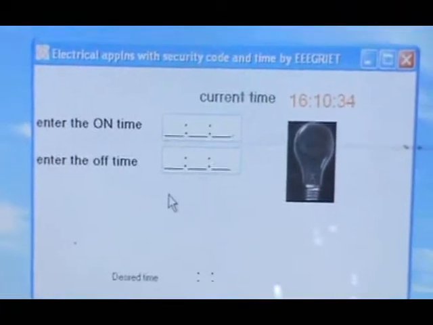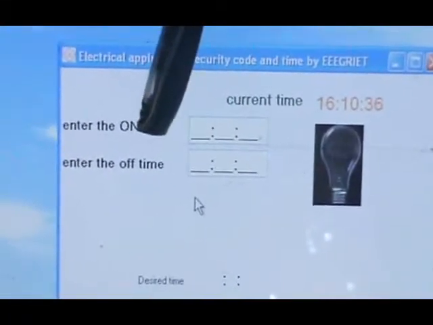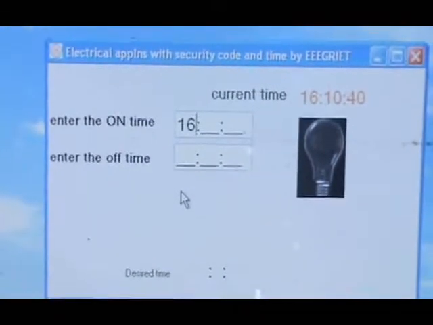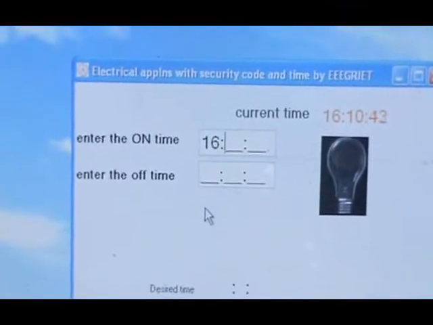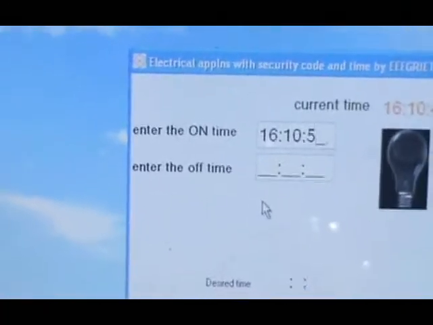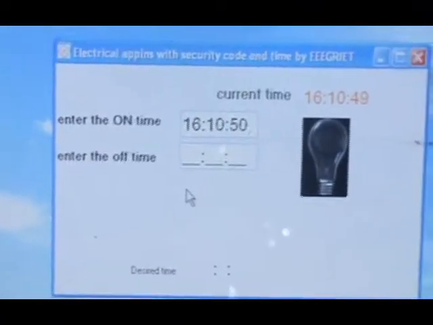Here comes the icon with on time and off time. So now we have to enter the on time. On time is 50 seconds. So the bulb will glow when on time is given.